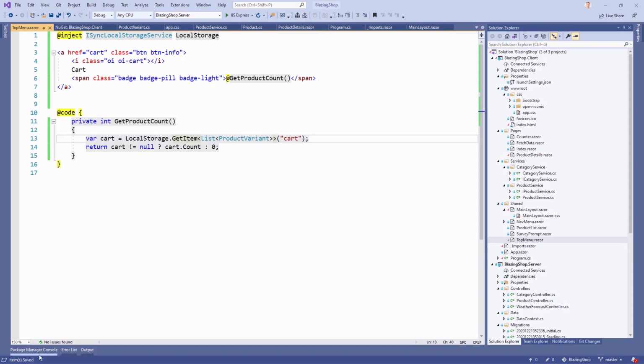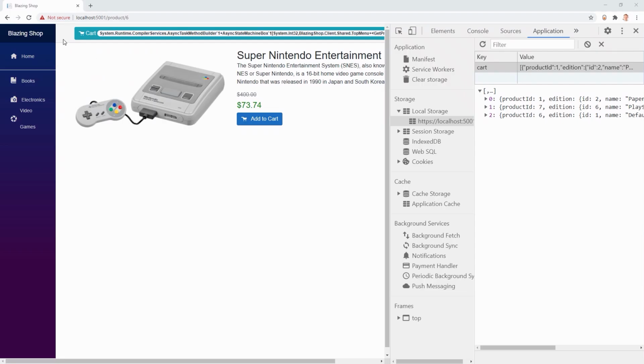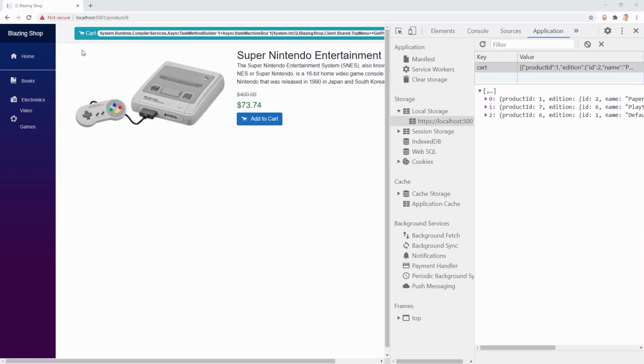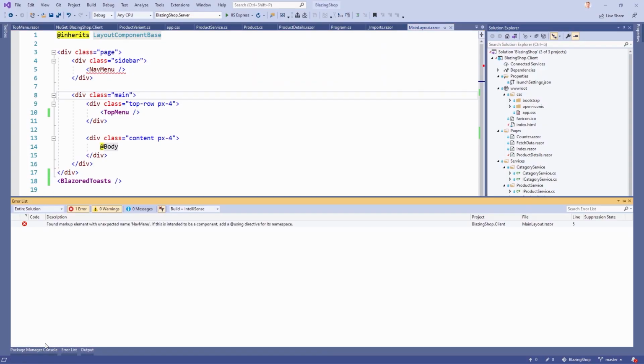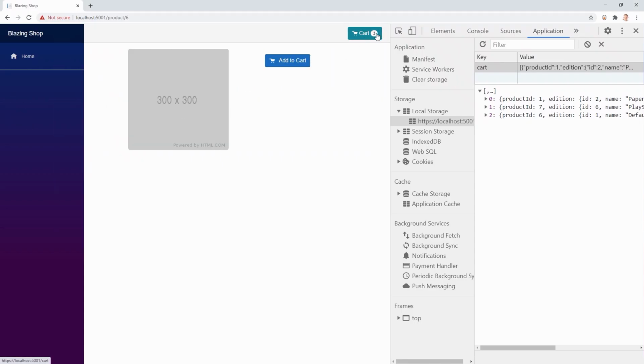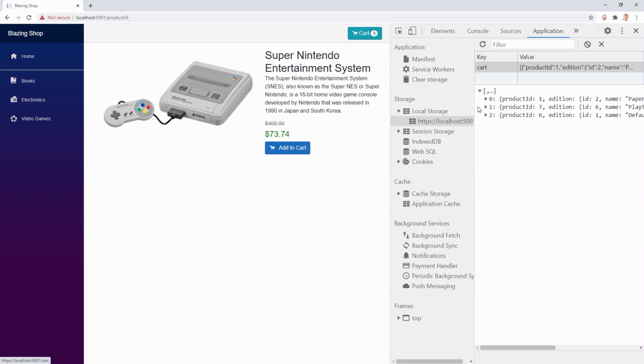Saved it, but it is not rebuilding. Why not? I don't know. Maybe we just save this thing here again. Now it's rebuilding. We've got an error here. Okay, I don't know, this is Visual Studio. Well, now we see our count here, the number of items we've got in our cart. But the problem with this is,